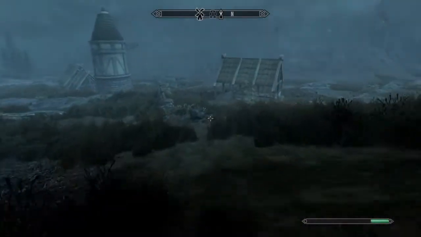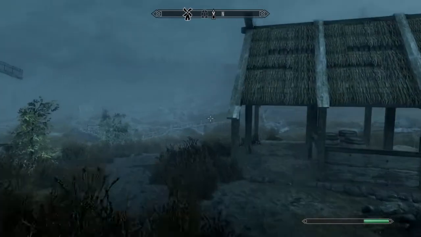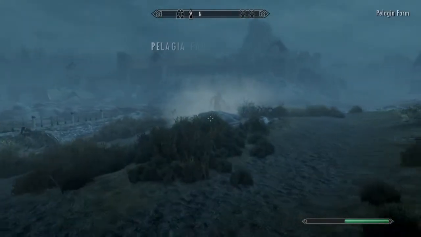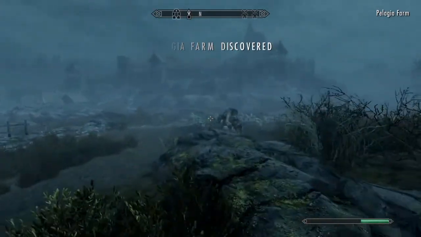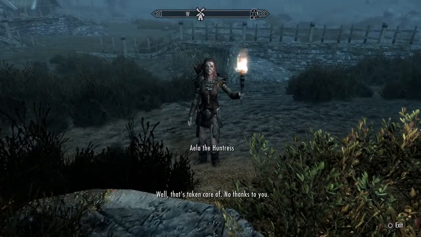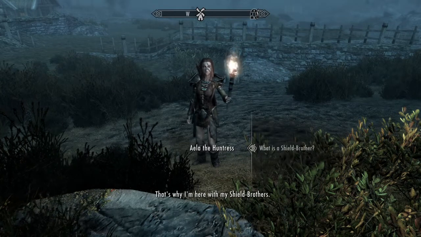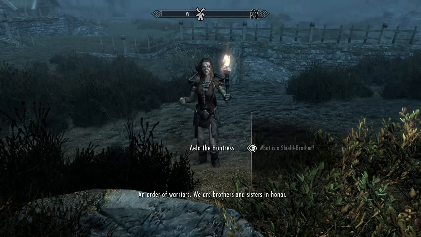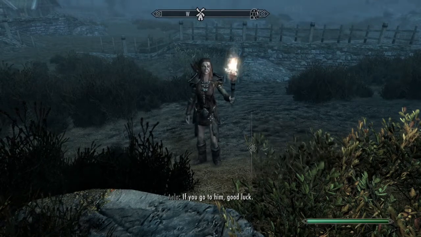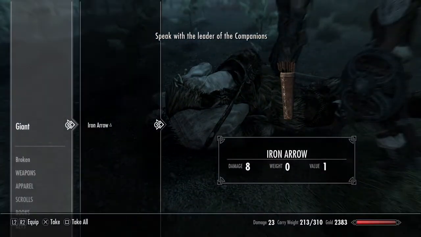Off in the distance, he could hear a ruckus. And as he rounded the hay shed, he saw a giant being fought by 3 different peoples. Who overcame it? He was astounded. Well, that's taken care of. No thanks to you. Sir, why then I'm here approached with my order, strange woman show up to solve. The old man, if you go to him, good luck. He ain't got